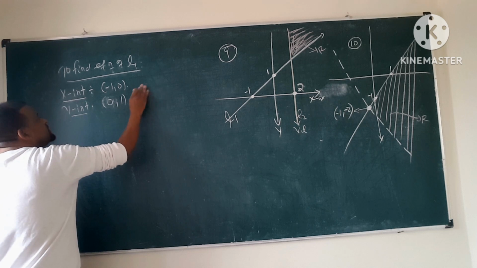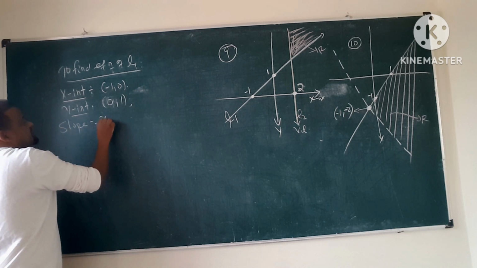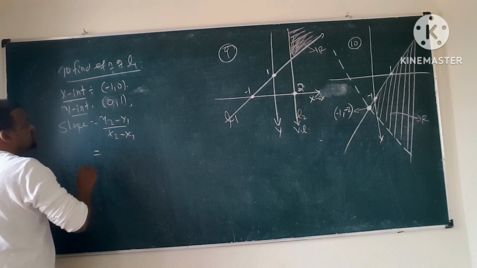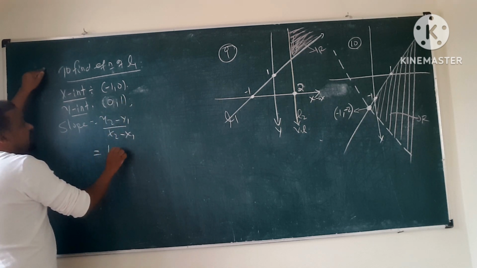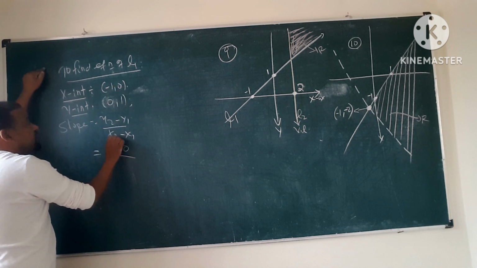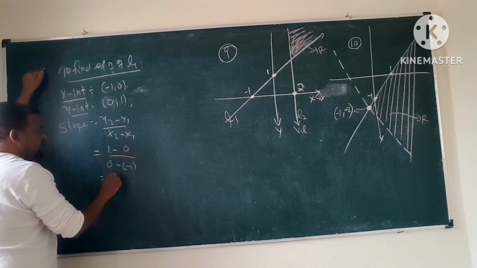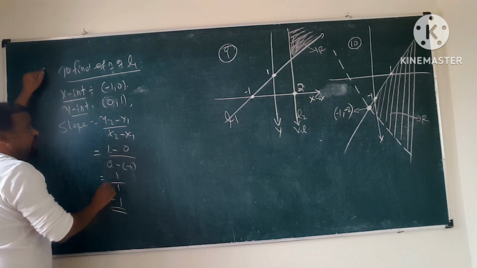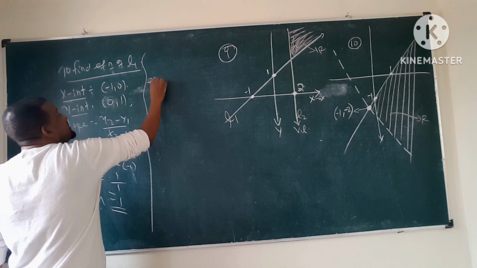Okay, so the line should be written in this form. What is the slope? It is (y2 - y1) over (x2 - x1): y2 is 1 minus 0, over x2 which is 0 minus -1. So 1 minus 0 is 1, over 1, which is 1. So the slope is 1. Now what does our equation become? The equation becomes what